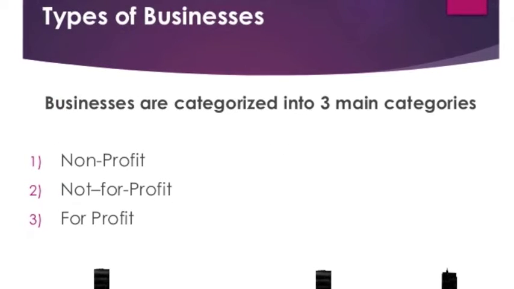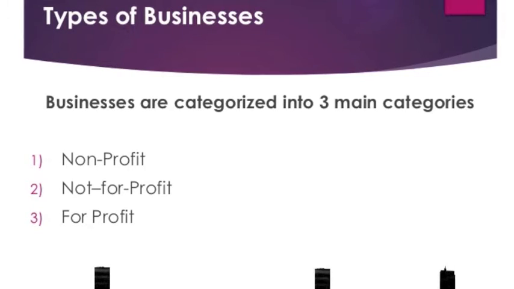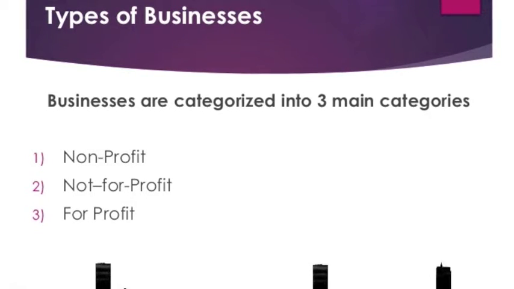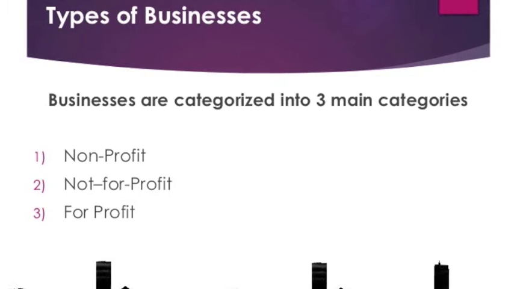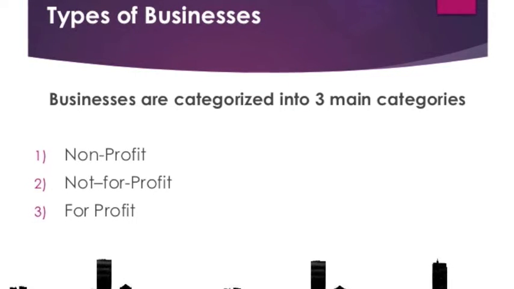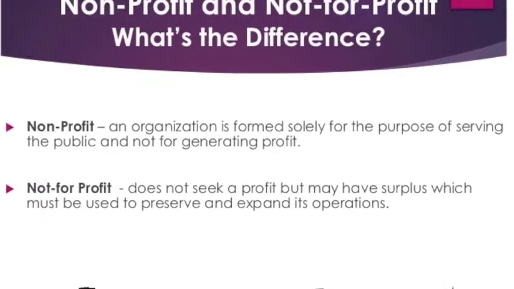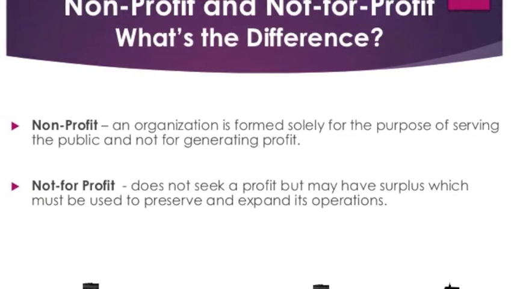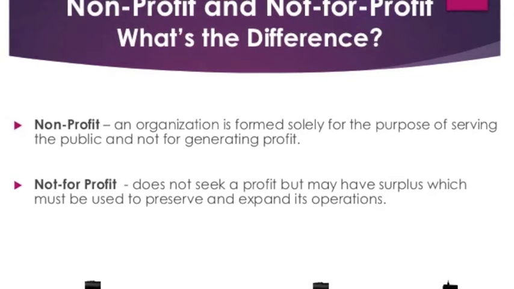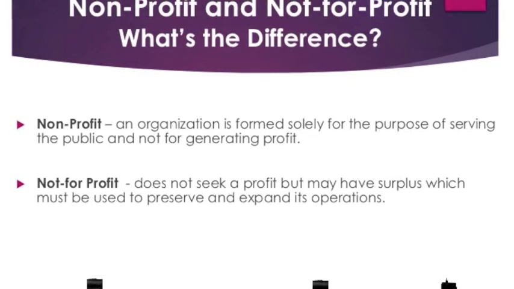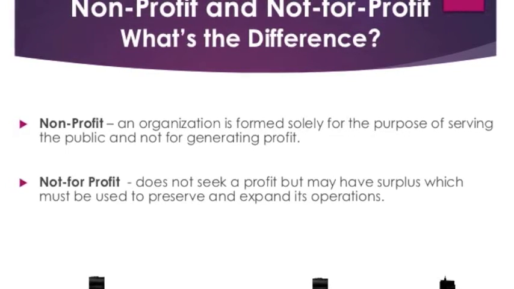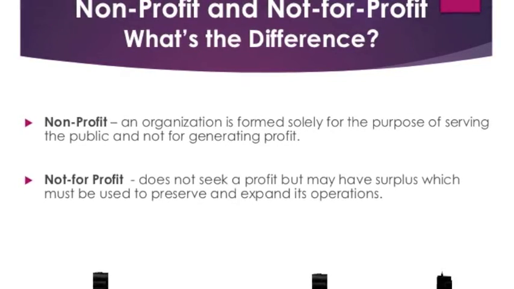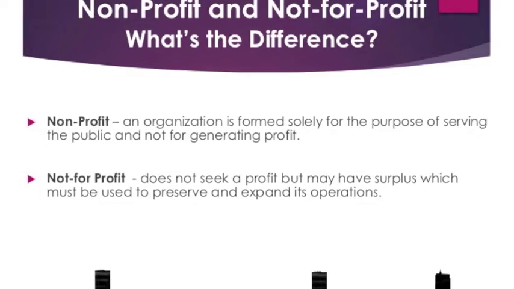There are three main types of businesses that we are going to look at. The first is nonprofit, the second is not-for-profit, and the third and most common type of business is a for-profit business. So what is a nonprofit versus a not-for-profit business? A nonprofit business is an organization that is formed solely for the purpose of serving the public and not for generating a profit. Profits are the money you get after all of the expenses are actually